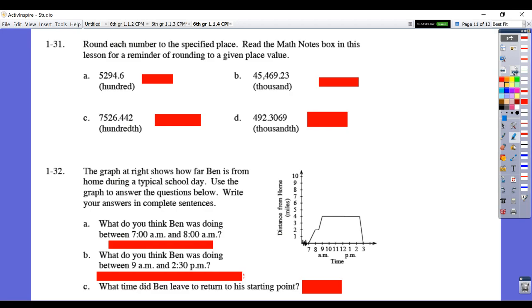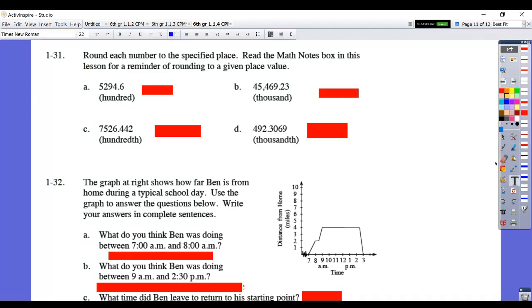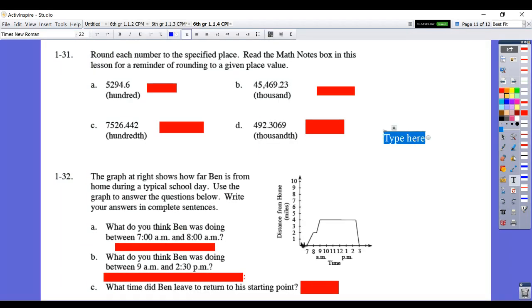For 131, you're going to round the number to the specified place. I'll go ahead and do one as an example for you. So let's look at D. We have the number 492